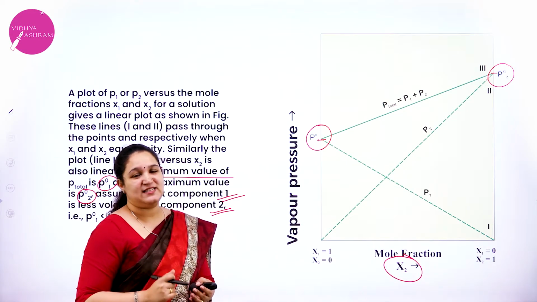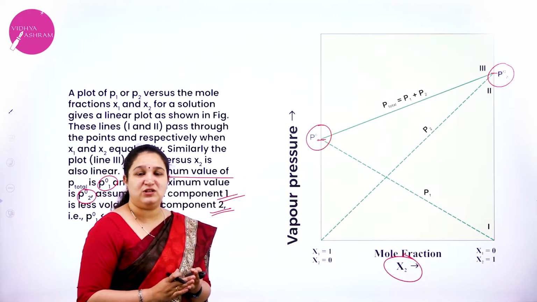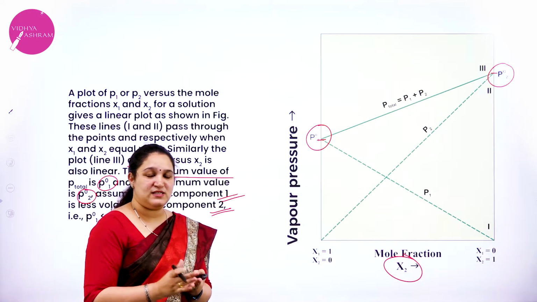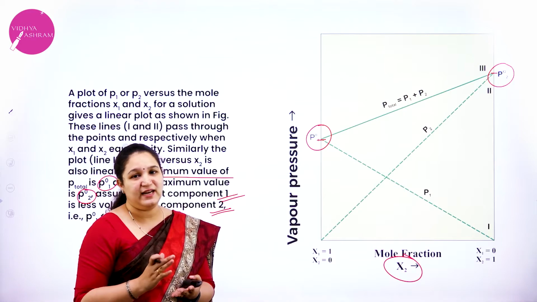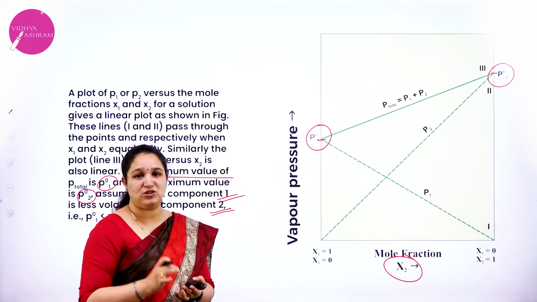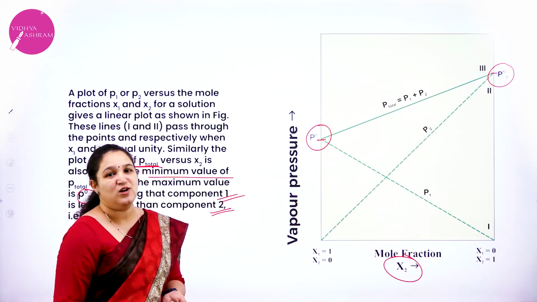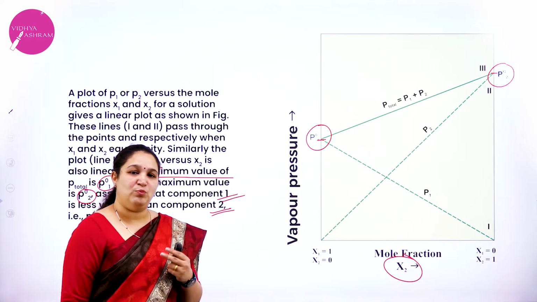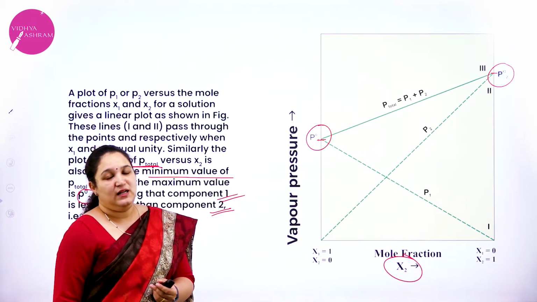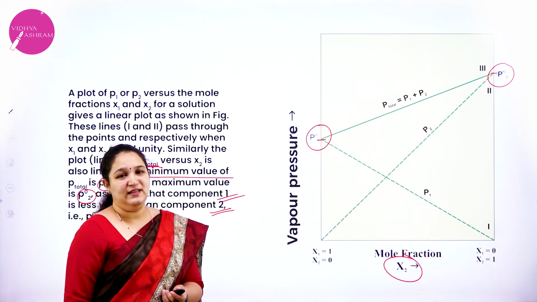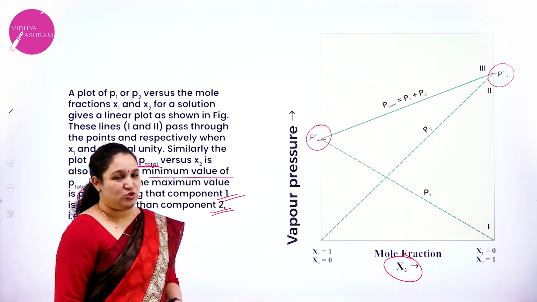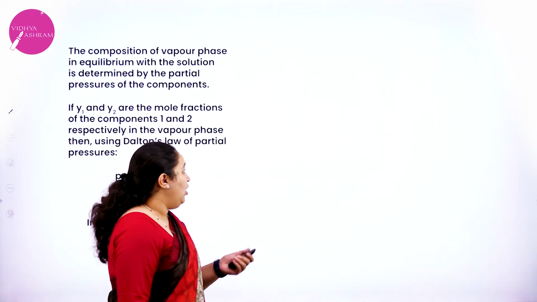Raoult's law states that the partial pressure of the components in the vapor phase is directly proportional to the mole fraction of the components in the solution phase in which both the liquids are volatile in nature. Okay, so I hope you have understood. Moving forward,